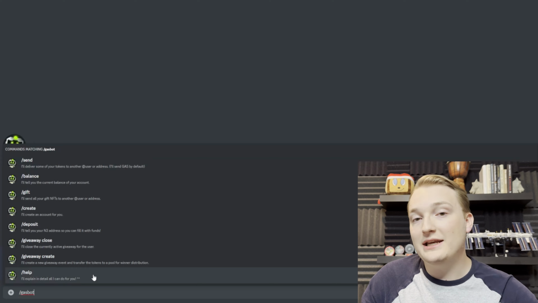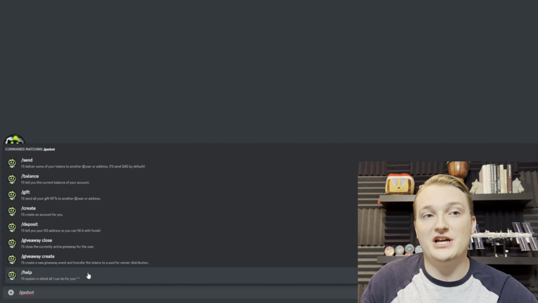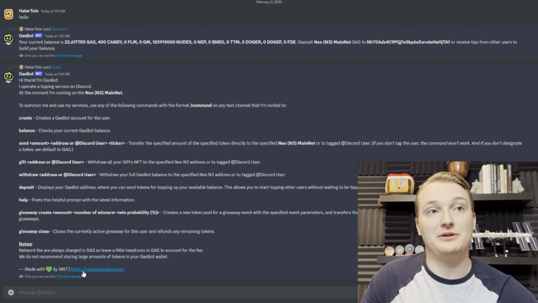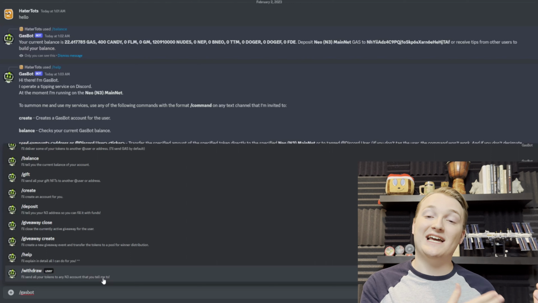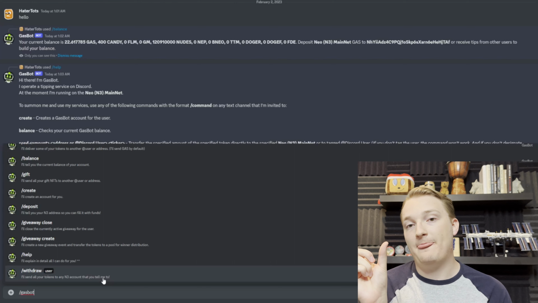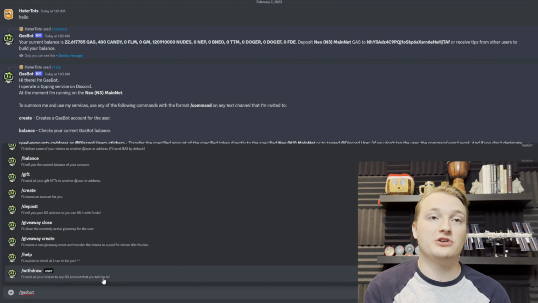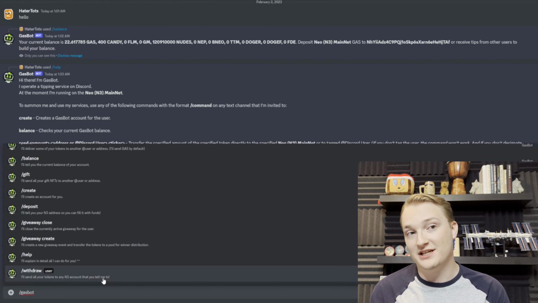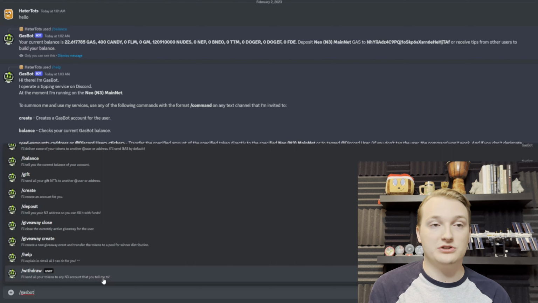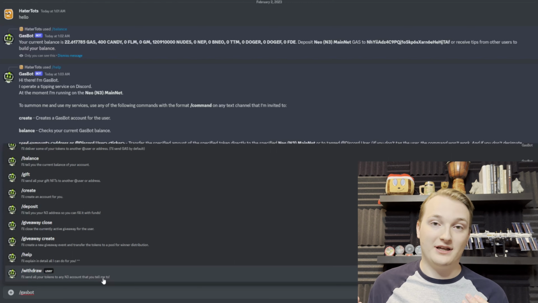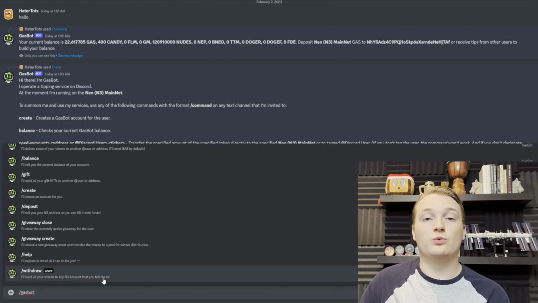We can do as many things as we want in the private chat. If you don't want to spam your friends, you can ask for help and it will tell you what each command does and what it means. Now, while you can use the send function, instead of putting an @ and a user's name on Discord, you can actually put in a Neo address, and that can be any Neo address. So you can send funds directly from GasBot like a real transaction. But if you use the withdraw function, it will send everything in your GasBot wallet out to whatever address you give it. Pretty neat function to have.